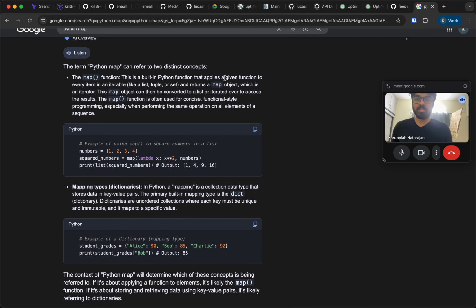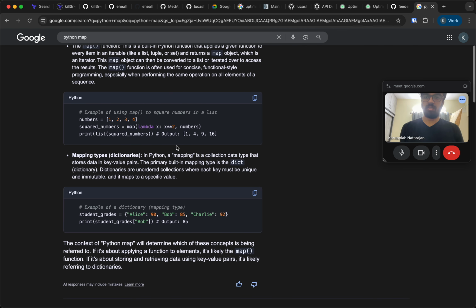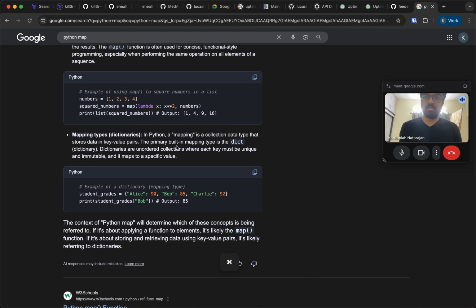So it will map some list of values to another list of values. Every item in an iterator like a list, tuple, set, returns a map object, which is an iterator. This map object can then be converted to a list or iterated over to access the results. Often used for concise functional style programming, especially when performing the same operation on all elements of the sequence. Okay. So I can just say something like